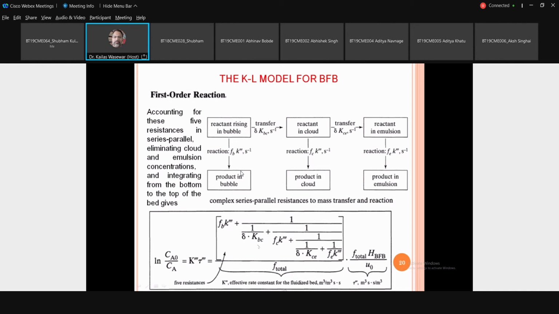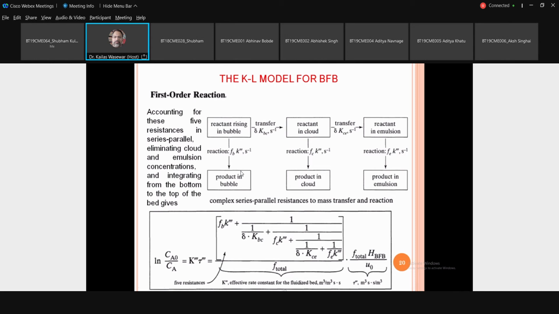Depending on the values of these mass transfer coefficients or these fractions, a few may be neglected or a few may be kept as they are. And here will be the F total, HB, F, U0. Now the derivations are available in the Kunii Levenspiel book on the fluidized bed reactor, and I think in some research papers also. If you are interested, you can find this derivation, but we are not much interested in it here, because if you write RA equal to this and RA equal to this, automatically you can have the balance equation, then elimination of the terms.